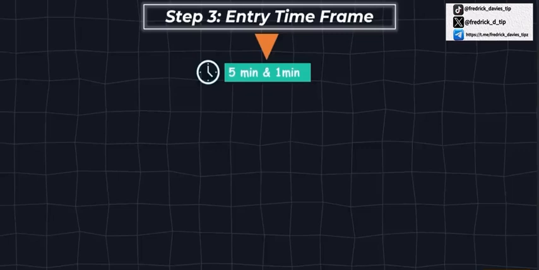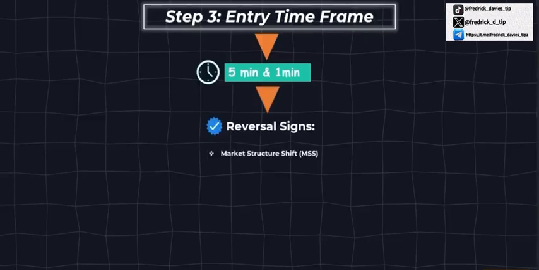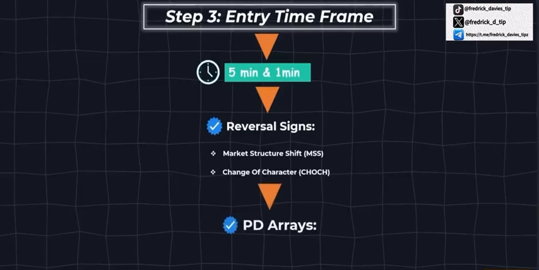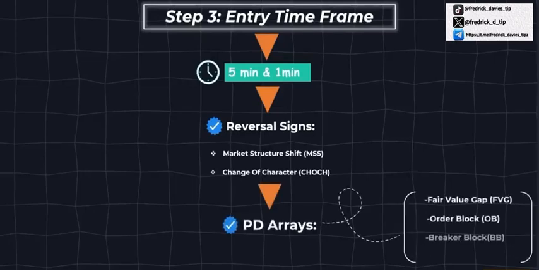Now, first things first. After zooming into the entry time frame, you need to wait for the price to tap into your analysis time frame's area of interest and show signs of rejection. Once you see rejection, the next step is to look for a market structure shift or a change of character. After a market structure shift is confirmed, the next move is to identify a PD array. This could be a fair value gap, an order block, a breaker block, or a mitigation block. Which one you focus on